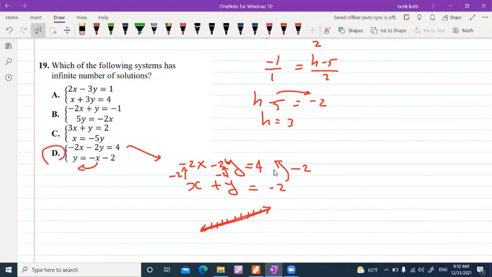Again, the two equations have infinite number of solutions if they are the same, meaning if you simplify one of them, you will get the other one. Meaning if you divide the first equation by negative 2, you will get the second one. This is the end of our exam, and